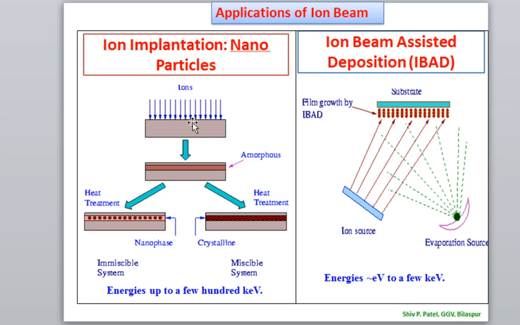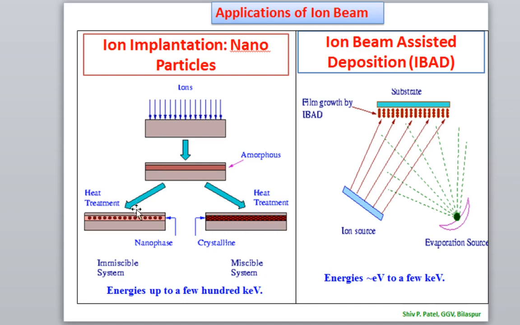If you want to create gold nanoparticles inside at some particular depth, we have to choose gold ions and implant them. Let us say after implantation, these gold ions are seated into the silica, silicon dioxide substrate. Obviously, because the ion is implanted, there may be an amorphous region, because radiation damage is created within the material, so that is why I have written amorphous.